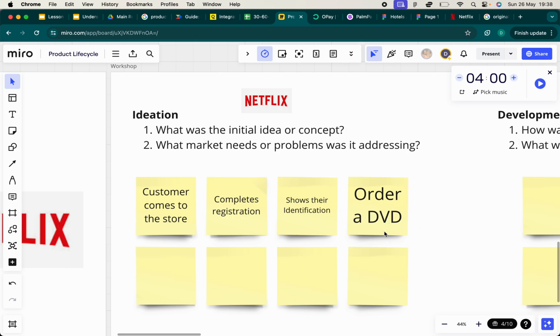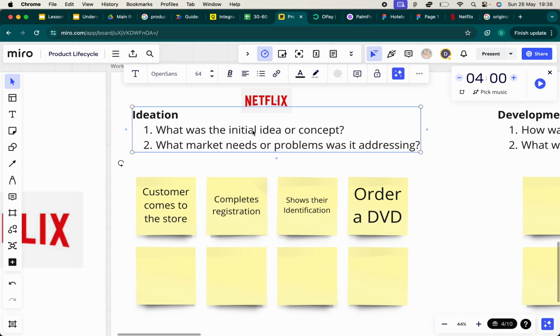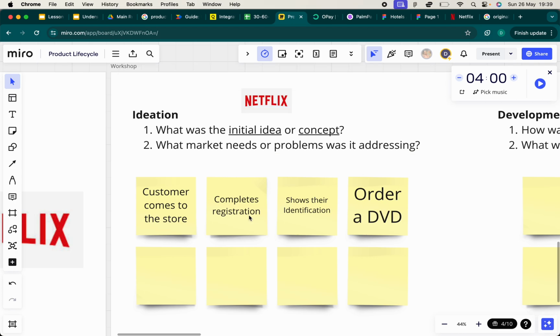Of course you can order more than one, so it's not just one, you can order a DVD or multiples. Is that clear? So this was the original idea. This is known as the initial idea or concept. That was what Netflix was about.